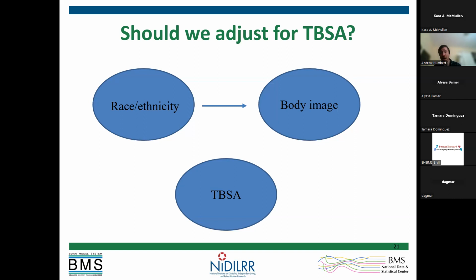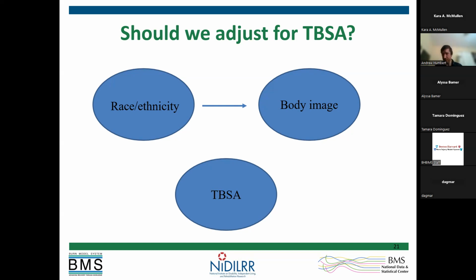And then the other question, if we think we should adjust for this, would be: is burn area related to race and ethnicity? And again, possibly different cultural norms, different exposures, like cooking over a fire versus electric. I mean, maybe that's not a race thing, but I know there are strong opinions over the best cooking surface, and what cooking surface you have could affect your likelihood of getting burned or not. Whether there is a racial or ethnic component to what cooking surface you prefer, I don't know. But you could potentially imagine some kind of trend in exposure based on how you grew up and what you were exposed to as a child and what you then prefer.